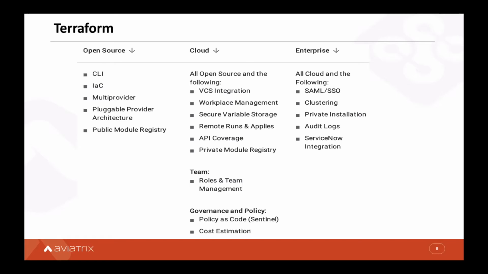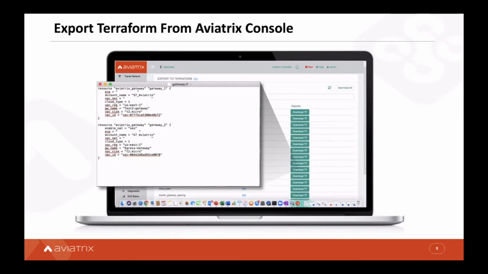a CI/CD pipeline. And Dana, before we get into a demo of an actual build, I wanted to briefly talk about a capability in the Aviatrix controller, which a lot of our customers like. If you are an existing Aviatrix customer who has deployed infrastructure using the Aviatrix controller, but now want to adopt infrastructure as code workflows, you can actually generate Terraform code for all the infrastructure that was deployed using the Aviatrix